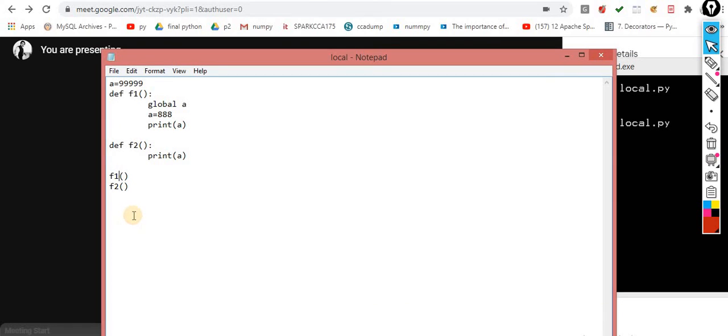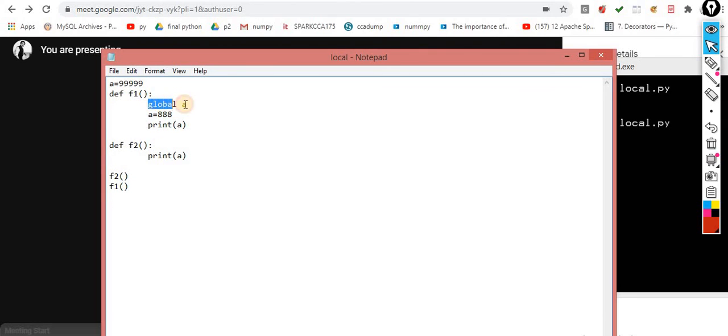Now I am changing this scenario, understand this point, obvious, common sense. So now what I am doing, I am calling this f2. In this f2, I am printing the A. At this point of time inside local there is no local variable available, so it will move out onto this, and here it will print 999, and after that I call the f1 function.